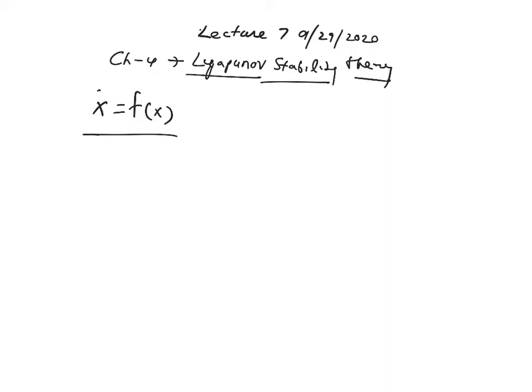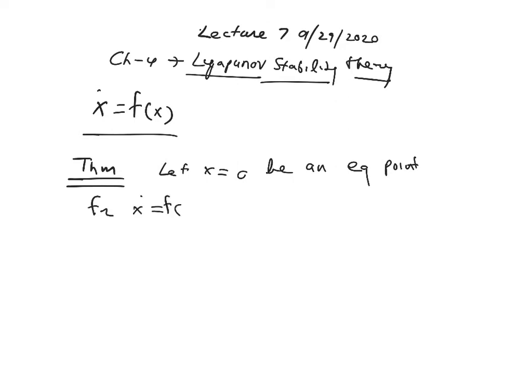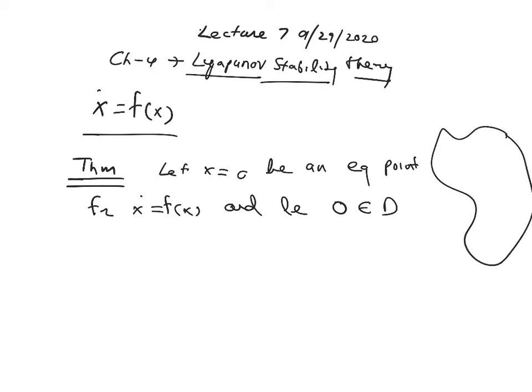Anyways, so we want to prove this. This was the theorem again, from the previous class. Let x equals 0 be an equilibrium point for x dot equals f of x, and let the origin be part of D. D is basically a subset of Rn, and your origin is inside D. Let V, the Lyapunov candidate function,